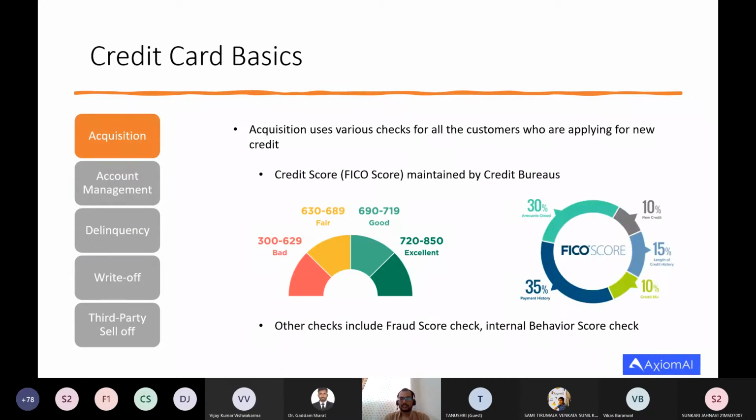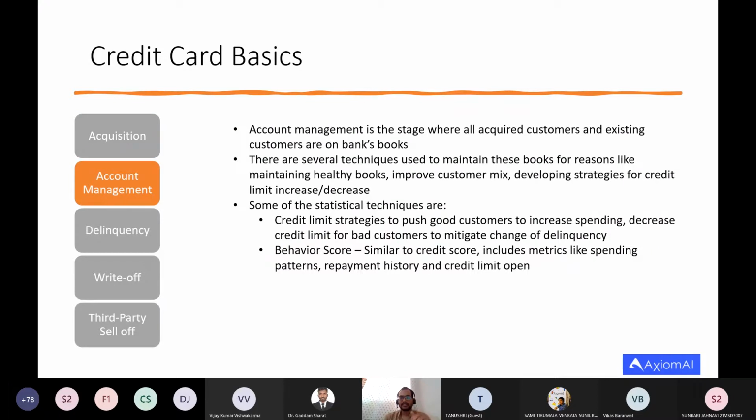Sorry, let me stress again. This credit score is nothing but an index, right? Something like a stock index. So this could be a basic concept that you have learned in your statistics course. So again, coming back to account management, here is where all the meaty part of analytics lies, right? A lot of dashboarding, visualizations, and reporting are developed in this stage, and you also develop a lot of specific targeting strategies, like to improve your book